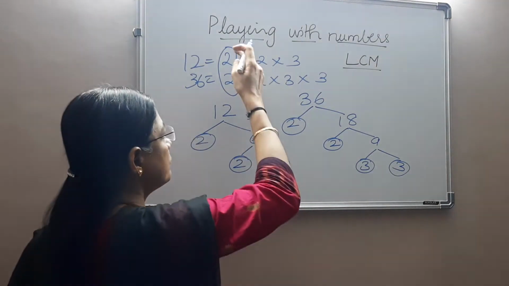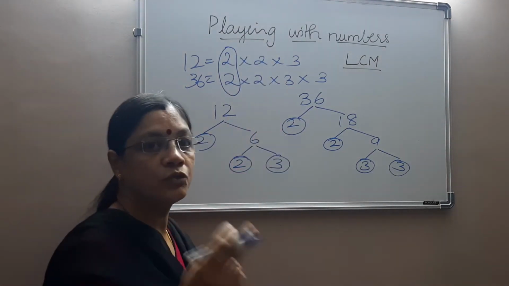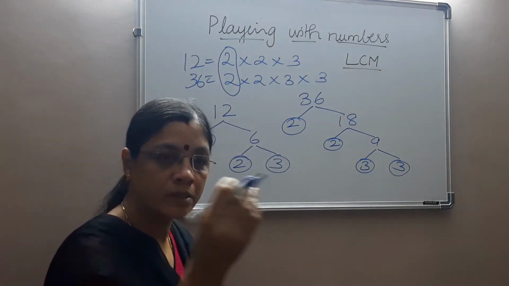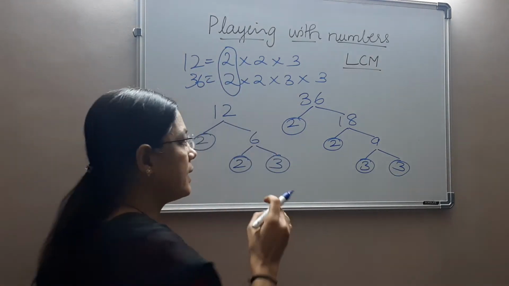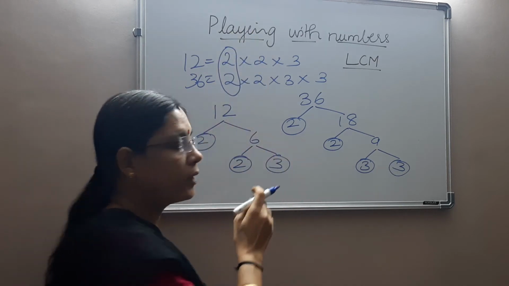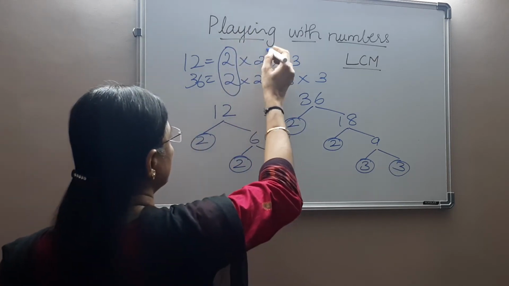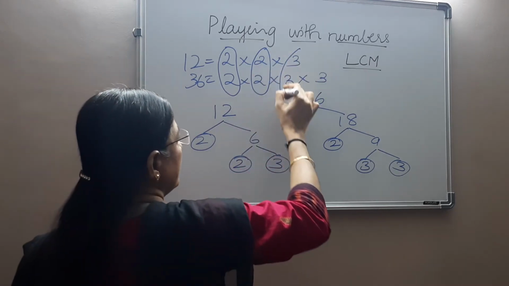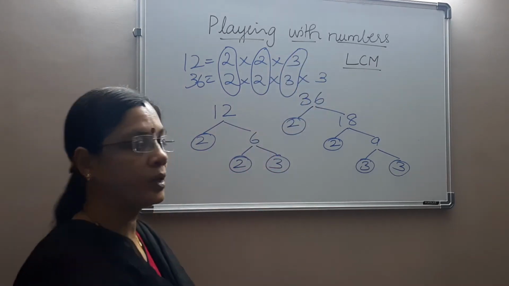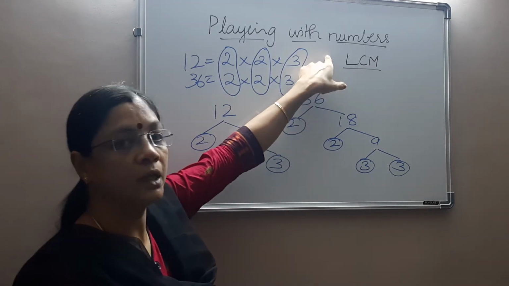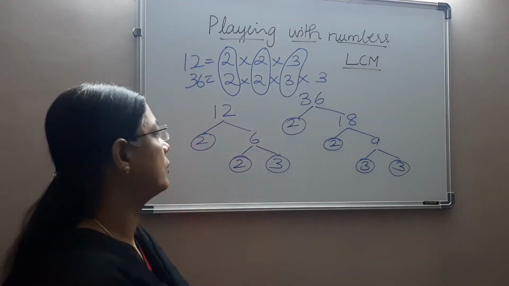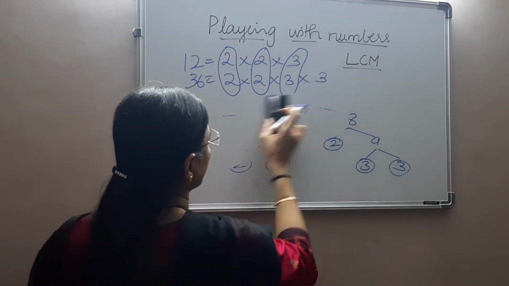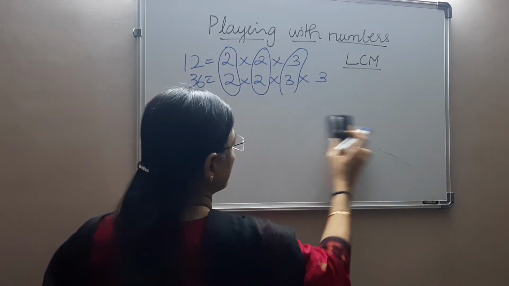Even if there are 3 numbers or 4 numbers for which HCF has to be found, you need to make pairs. You need to find numbers which are common in all the numbers, not just 2 numbers. Okay, so 2 in both the numbers, and another 2 in both the numbers, and so you form a loop like this. Now for this 3, there is no 3 here, there is no pair here, so you leave it. Now whatever you have paired, you just write it down.